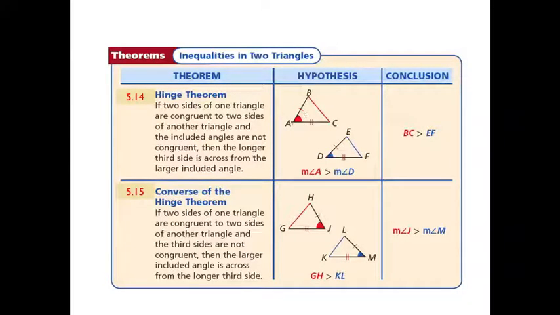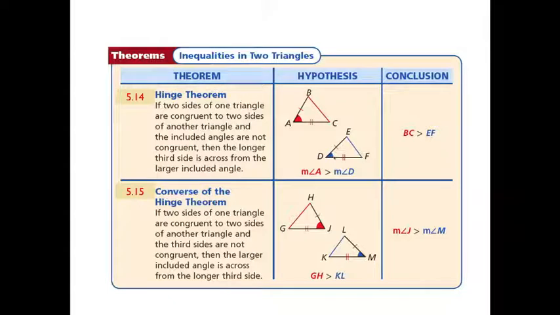In the first case, angle A is between the congruent sides AB and AC, and in the second case, angle D is between the two congruent sides DE and DF. And they're, of course, congruent across the triangles, AB being congruent to DE and AC being congruent to DF. If we know that those sides are congruent but the angles are different, and so in this case that the measure of angle A is larger than the measure of angle D,